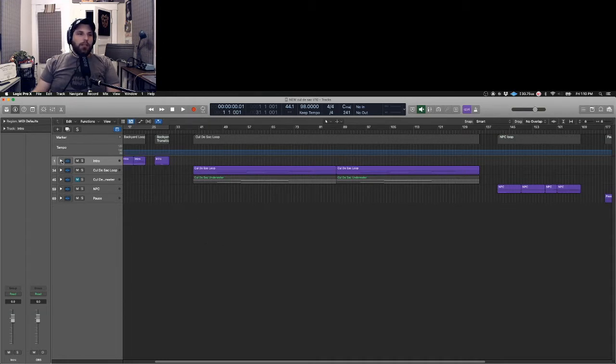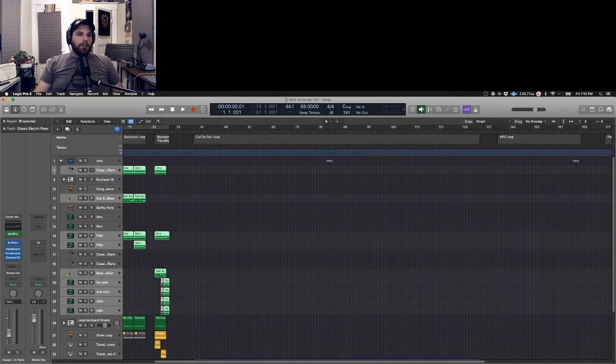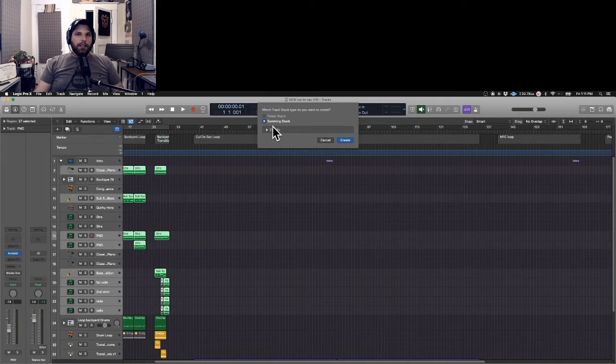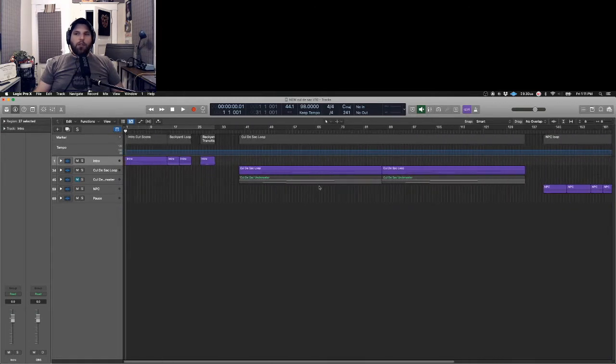So I just made these subfolders, and you can do that by highlighting what you want, right clicking, and then you can do create track stack, and you can do the summing stack or the folder stack, and I use the folder stack. So I just wanted to say that that's how I was doing this, and it's so much easier to see and